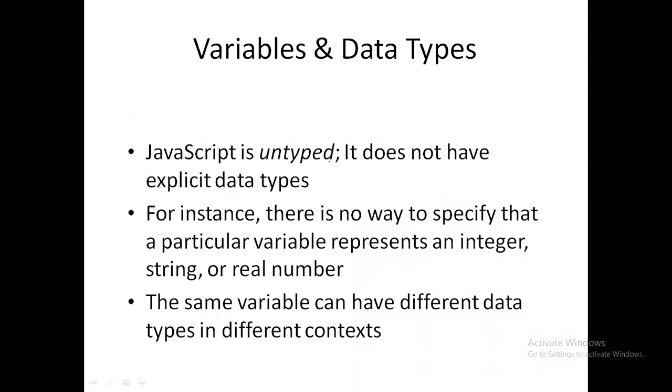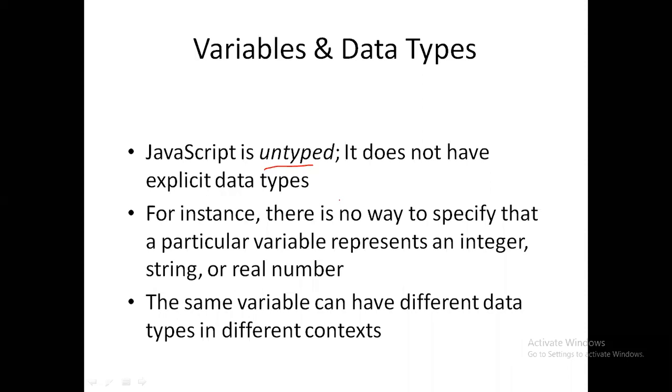Now what is the main difference between variables and data types? What are the things we'll be doing? When I'm saying JavaScript is an untyped language, it is because we don't have any specific data type. Other languages have specific ones. When I say integer, an int data type is there. String means a string data type is there. For that I have to declare integer, or for character I have to say character. Like this, specific names have been mentioned for them. But in JavaScript, for all of them only a single word, var, is used. That's why it doesn't have any explicit data type, any particular data type.